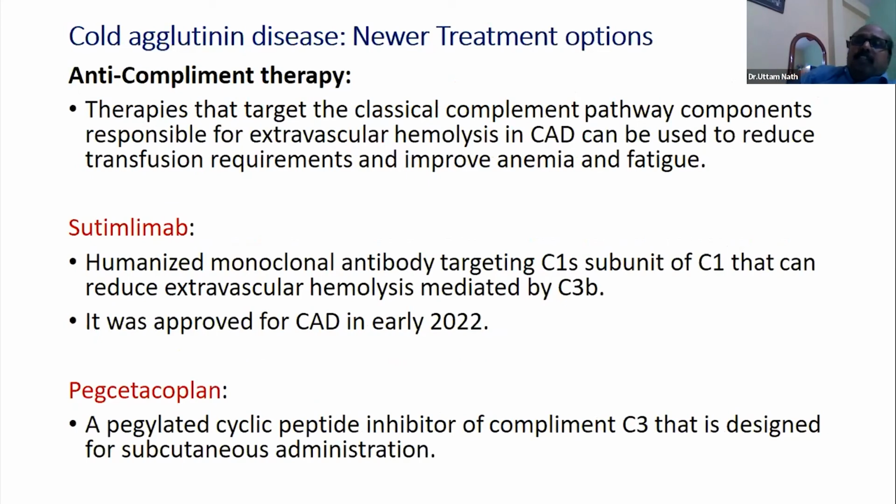Now, just to briefly touch on some newer treatment options like anti-complement therapy, which do not reduce the antibody production, but may be used to improve the anemia and fatigue and reduce transfusion requirements. I don't think these 2 agents are available in India. Sutimlimab was just recently approved in 2022. It is a humanized monoclonal antibody targeting the C1s subunit of complement C1. It reduces extravascular hemolysis mediated by complement in